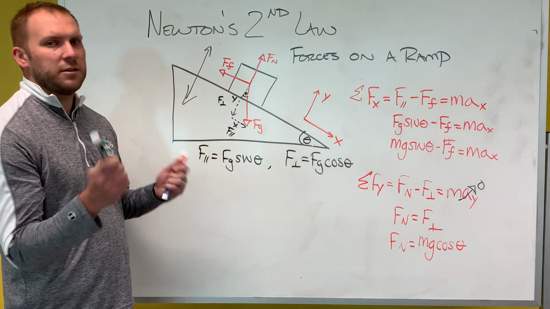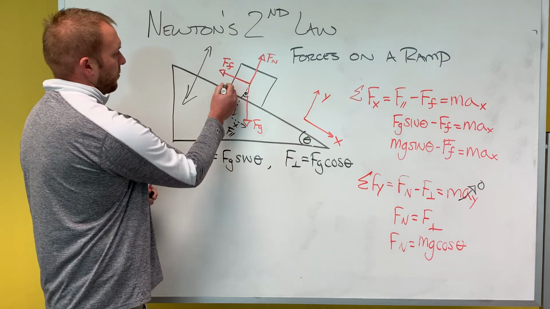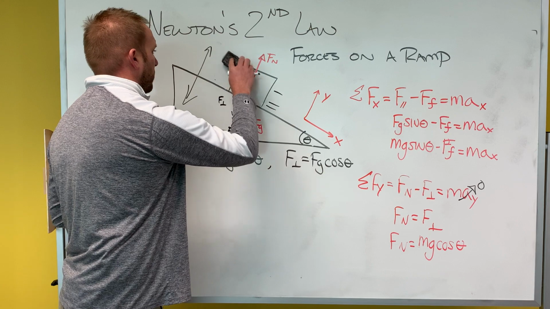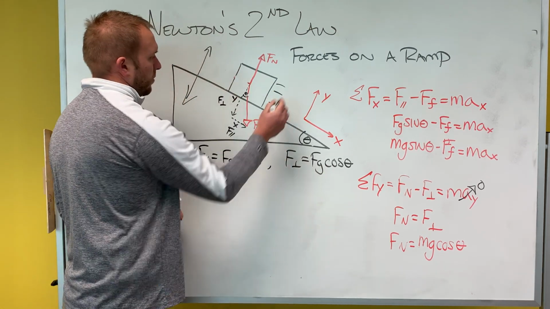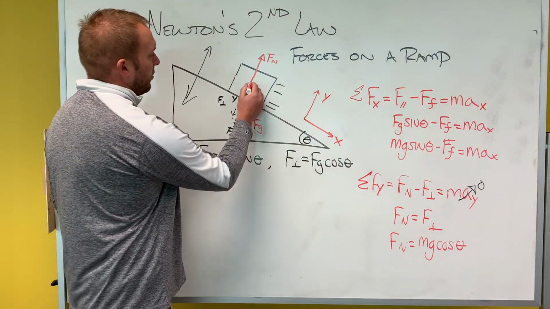Again, the thing that could change is if my frictional force is the other way, right? This is something that maybe is moving down the ramp. If the object is moving up the ramp and there's friction,